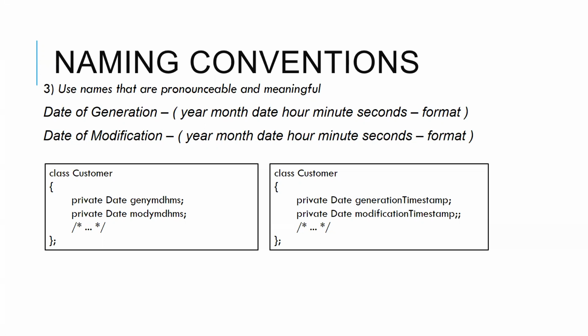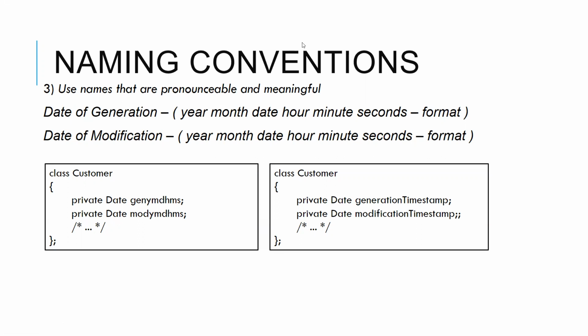So if you look at the code on the left hand side, it defines both the variables. Now, while the person who has defined the names for the customer class variables on the left hand side might have good intentions, if you look at the variable names, they do not convey any meaning. Just by looking at the variables, you cannot understand what they actually represent. Whereas if you look at the class customer on the right hand side, it defines these variables as the generation timestamp and the modification timestamp, which actually clearly convey